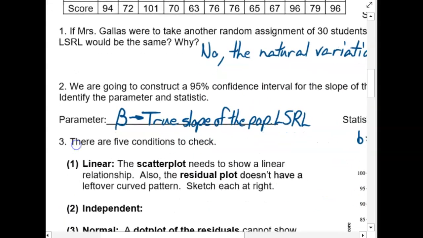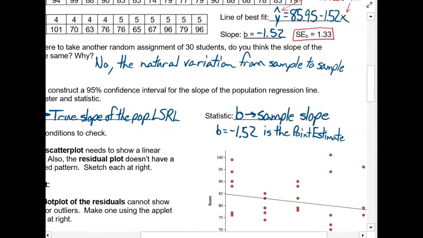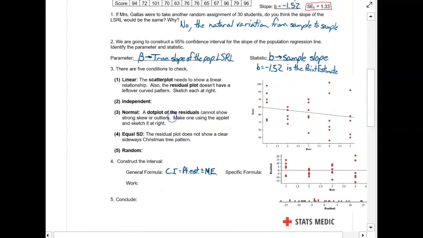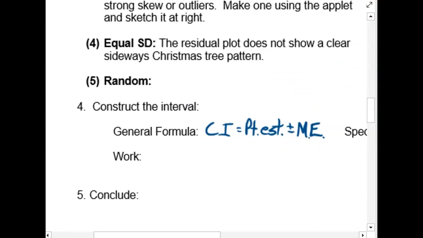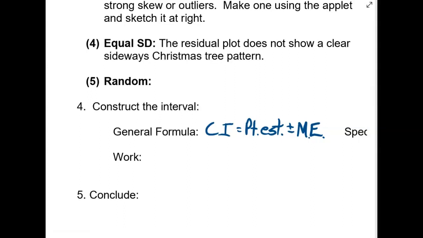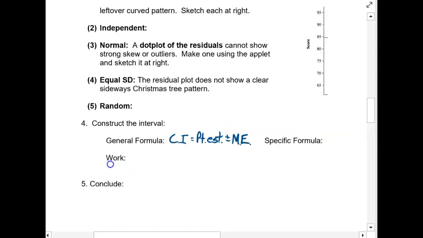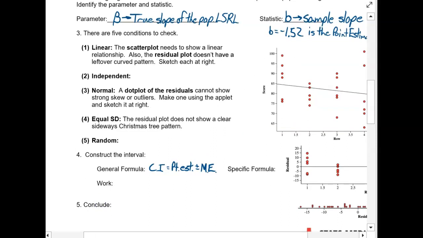So as we saw yesterday, we're going to use this beta, which looks like a capital B, as the true slope of our population least squares regression line. And our statistic is our sample slope. And as we mentioned, that b, the sample statistic, in our case a negative 1.52, is going to be the point estimate in this formula that we've used a couple of other times when we did confidence intervals: the point estimate plus or minus margin of error. So how do we do confidence intervals for